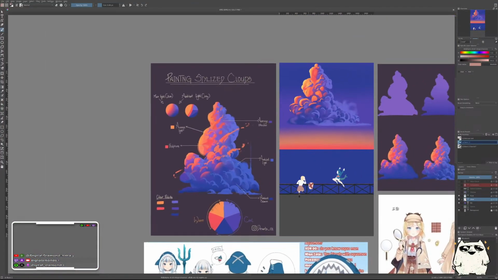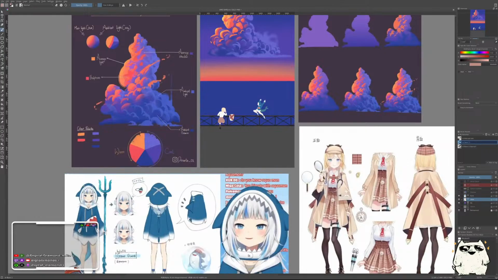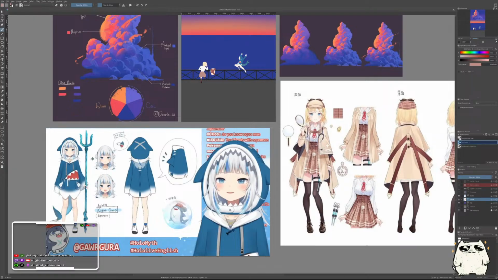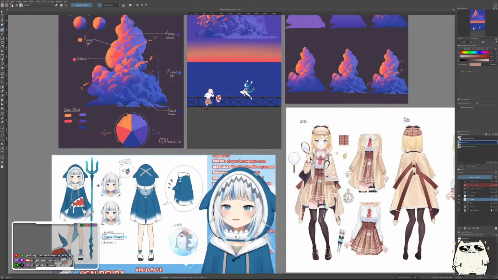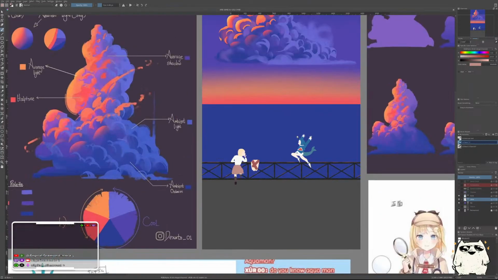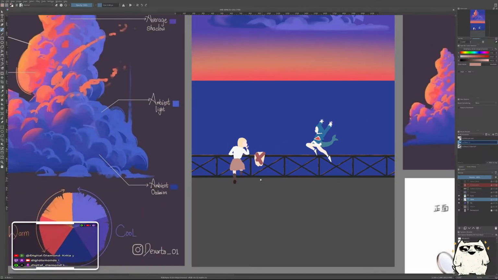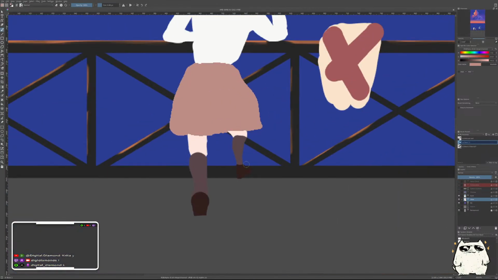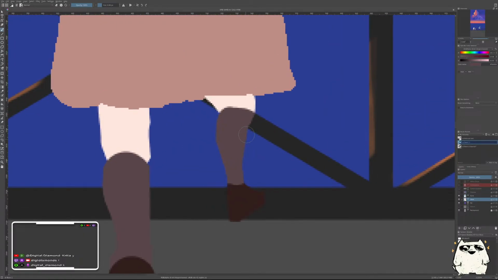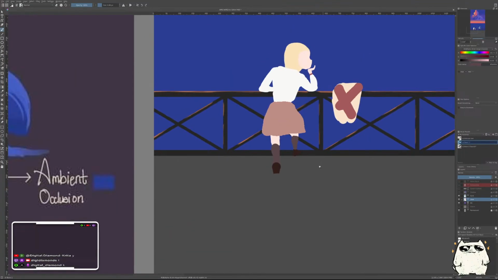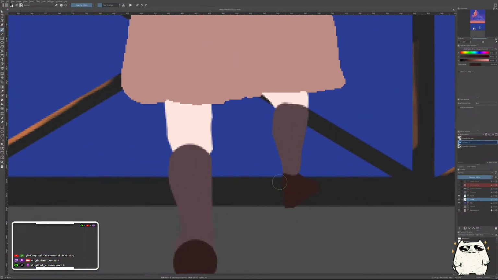That's not good. That's not good, chat. And now the average color of the skirt looks closer to what it actually is, because there's more bright, excuse me, more bright colors than there are dark colors. Yeah, anyway, better, and